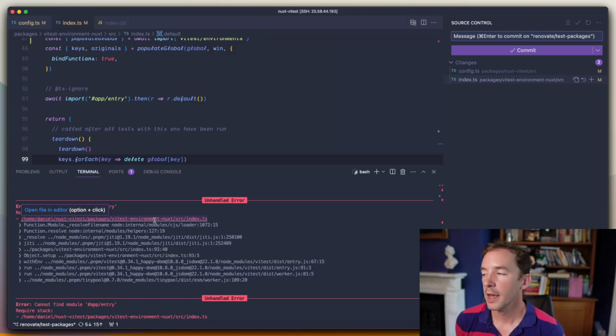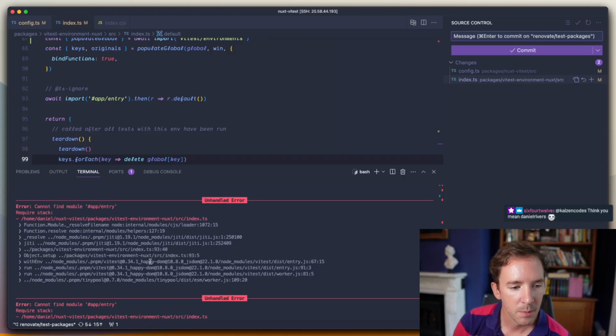with vtest. As soon as we can get things passing with the latest version of vtest, I'll add Nuxt vtest to their ecosystem CI so that things don't get broken again. But at the moment,